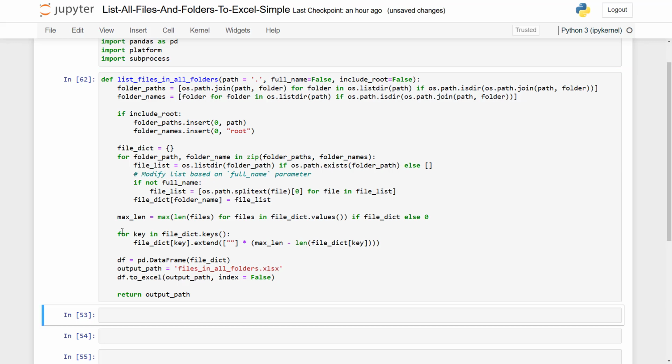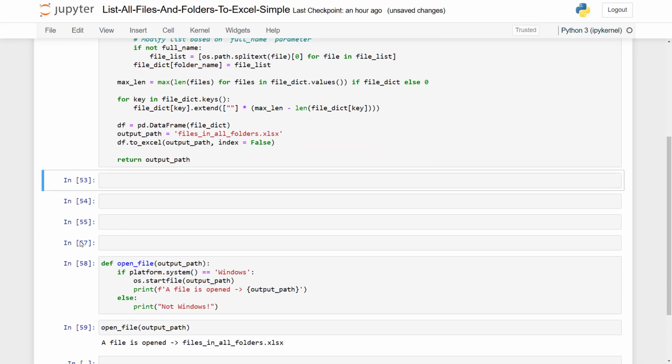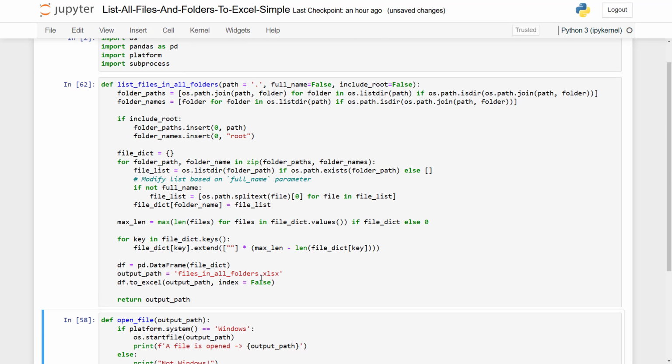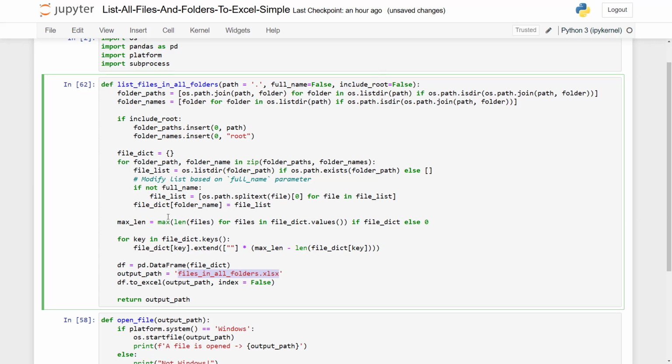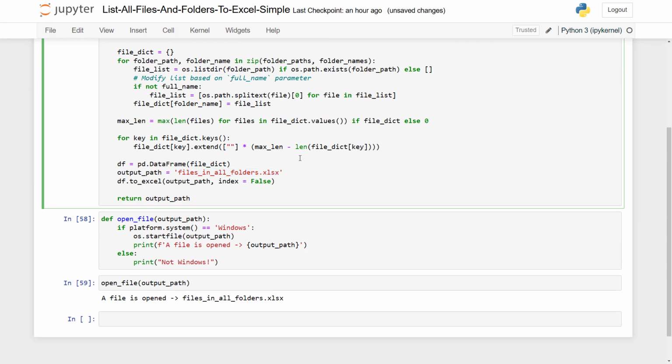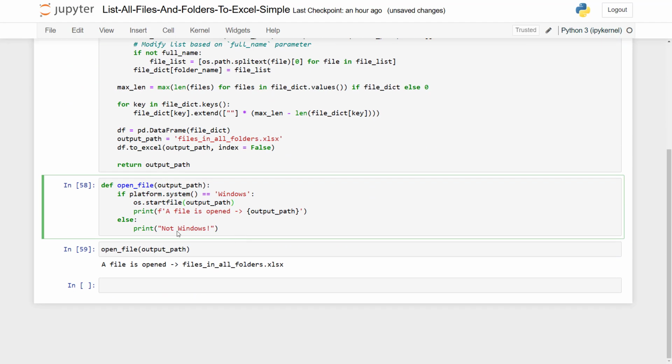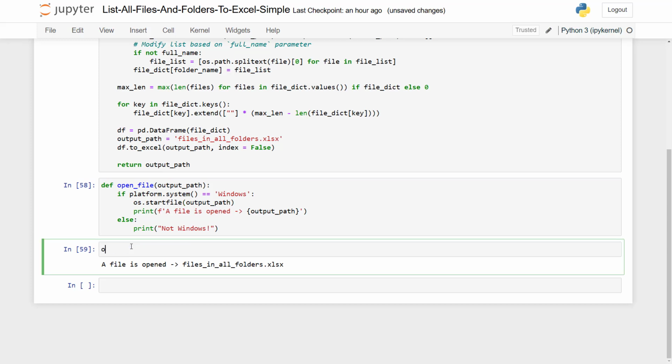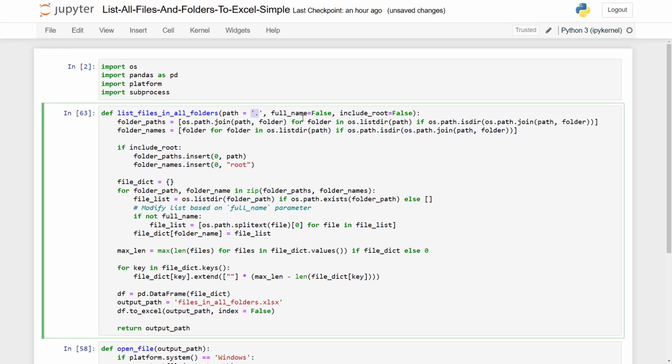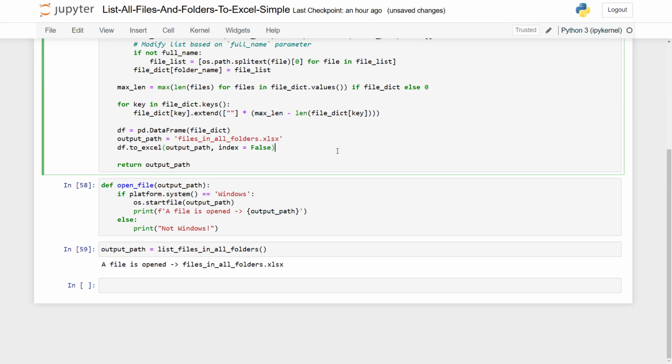So this is not exactly an example of great programming because we are returning output path, and in the meantime we are generating files in folders, which is, as I said, a function should be only doing one thing and one thing only. But in this case, because this is like a video, it's okay, I guess. We can deviate from the rule. So let's find a way to call our thing. It would be output path equals list files in all folders, and I'll just go with the defaults. So the path is this one, full name false, include roots false,